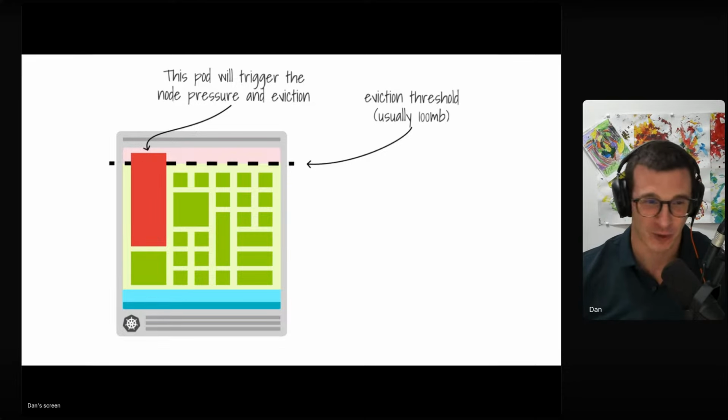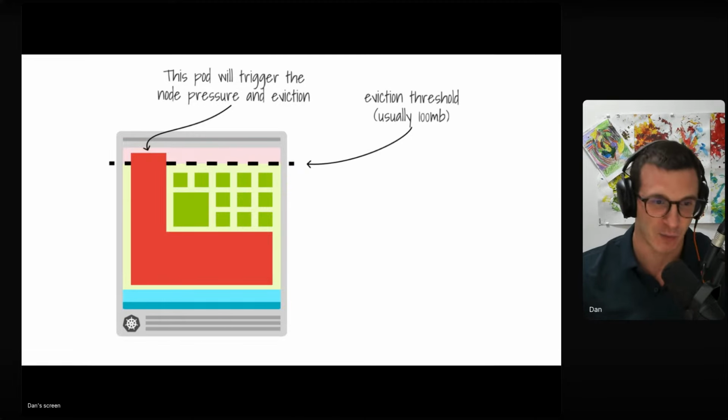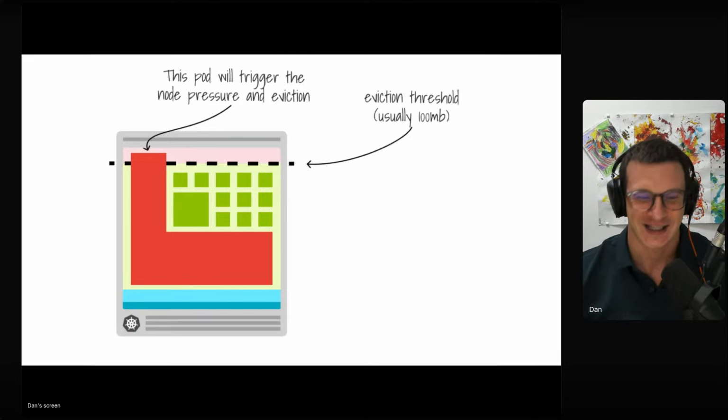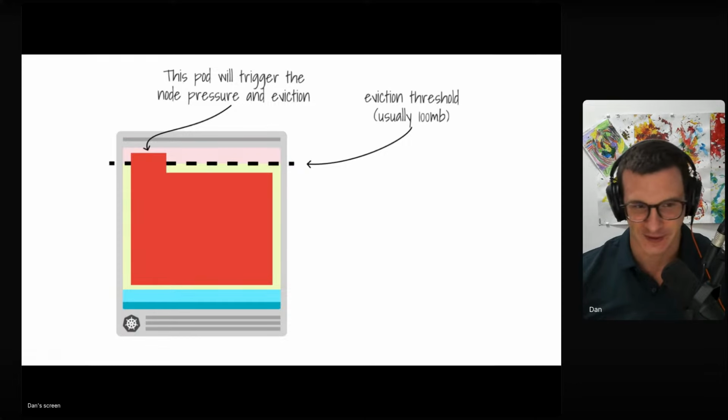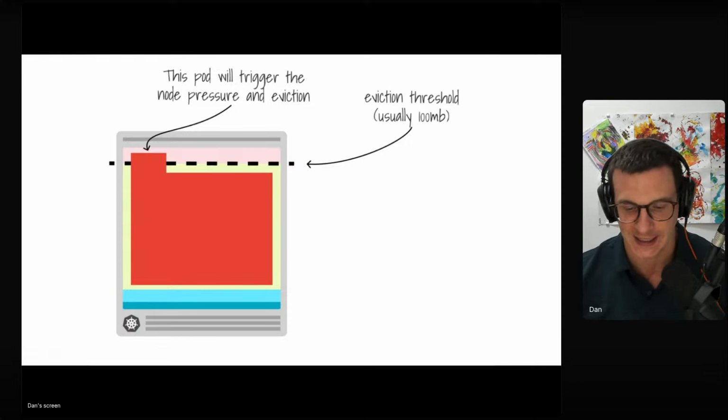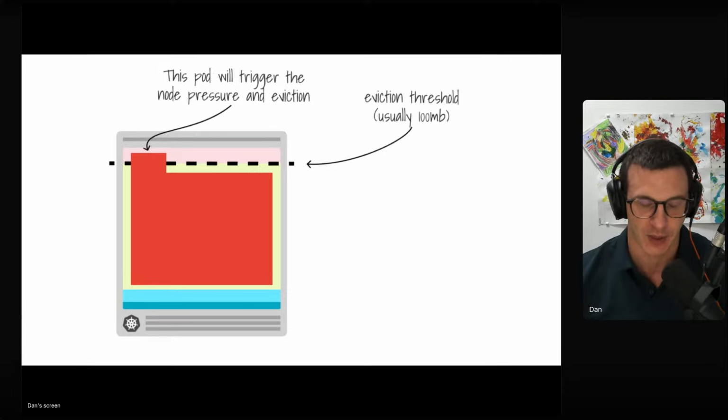And then the kubelet will realize that we are, again, over the eviction threshold because the memory leak is growing. And then the same will happen. We'll just evict more pods. And then the pod with the memory leak will just go and get all this extra memory that's just been freed. And so on and so forth, until this pod will eat all of the available memory and evict all of the available pods on that node.